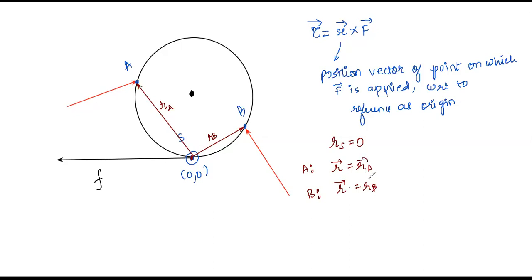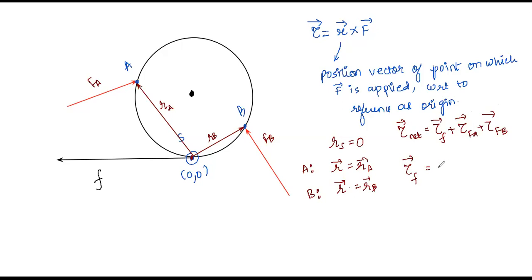Now tell me another thing. What is the net torque given as? Torque due to friction, force FA, and force FB. So I'll write torque due to friction, torque due to FA plus torque due to FB. Am I correct, Atul? Now, what you will do after this? You will write that net torque is the sum of all the torques, and then instead of each torque, you will substitute their respective values.